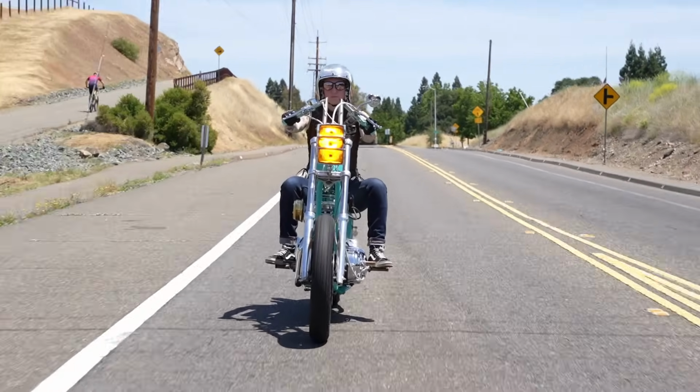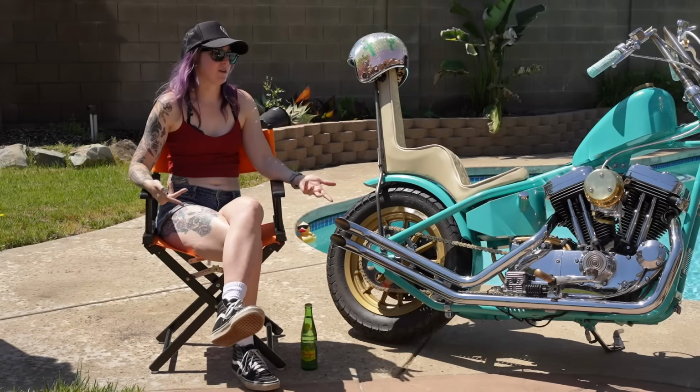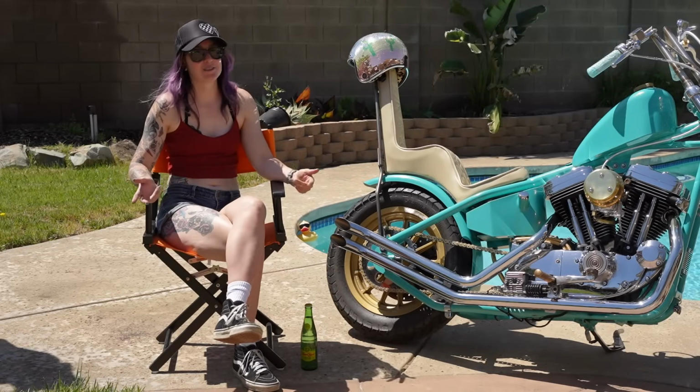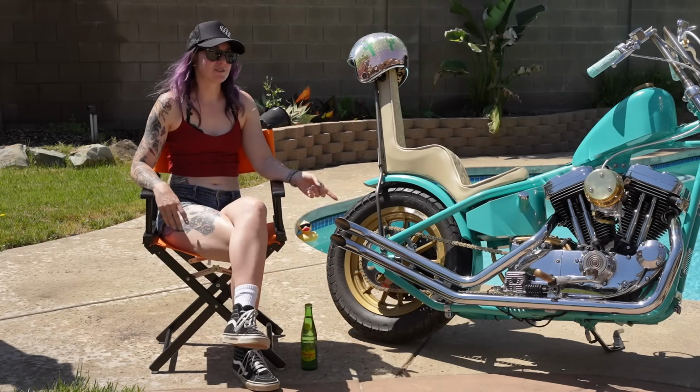So I'm an art director and a graphic designer, so I have Pantone chips. And so I took my Pantone chips and matched them to the drink, and then I took those to